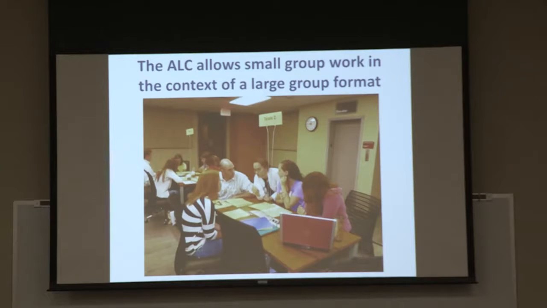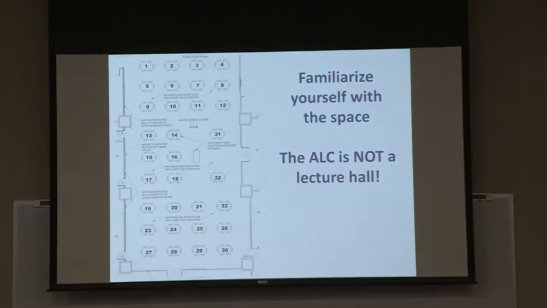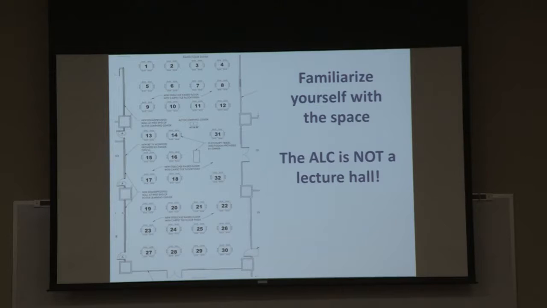All right. So what I'm going to show now is a diagram of the room. There are 30 tables in what used to be called the fishbowl on the first floor of the library. They are scattered throughout the room. Each has 6 seats at it. And you are going to hear me say this throughout these 10 minutes.